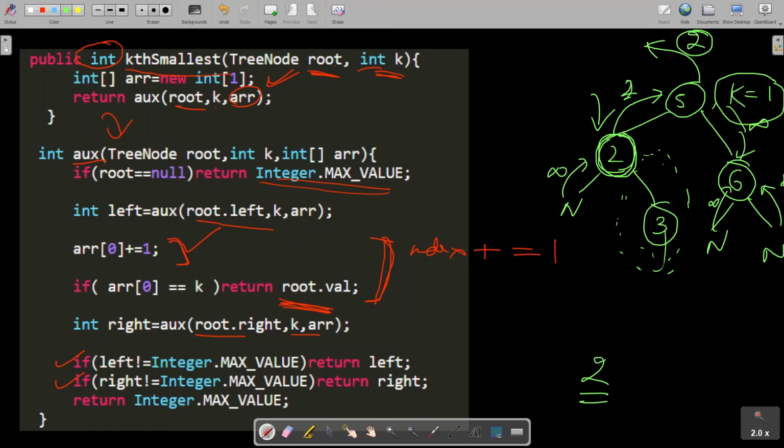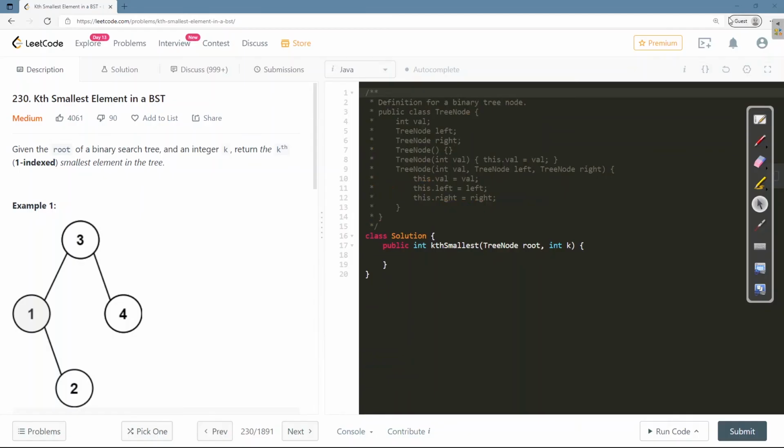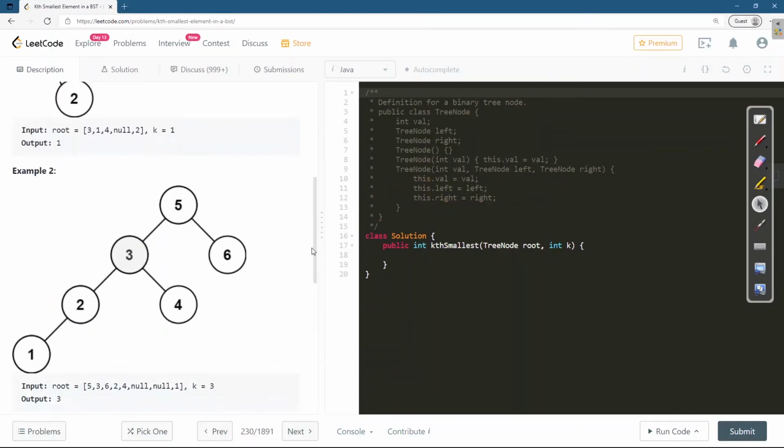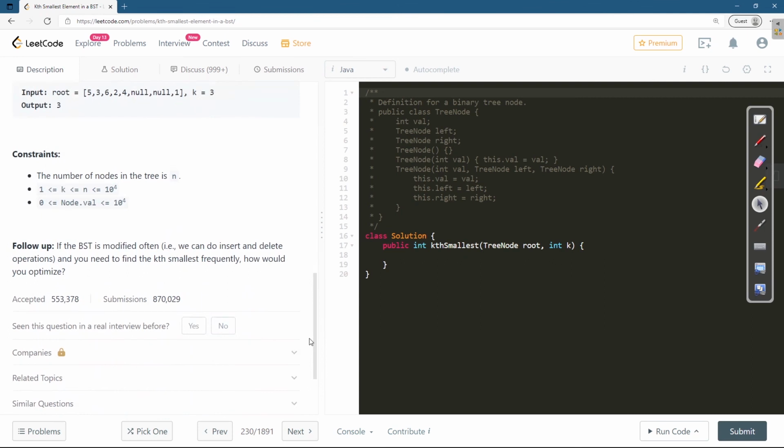Now let's take that follow-up question which they have mentioned. So they are telling that if the BST is modified often, that is, we are doing a lot of inserts and deletes, and you need to find the kth smallest frequently, how would you optimize? Okay, so in that case,